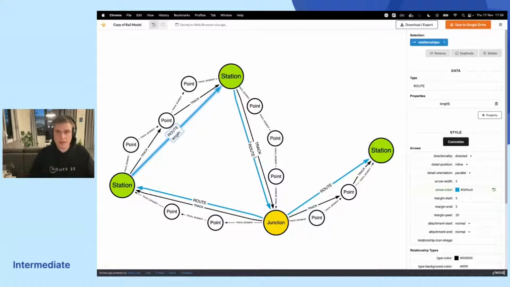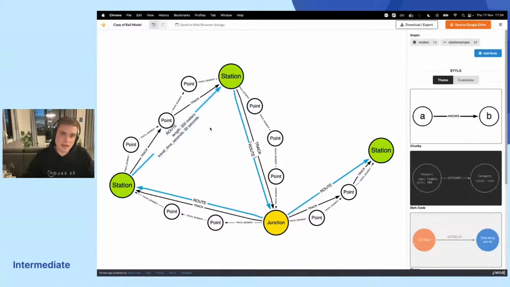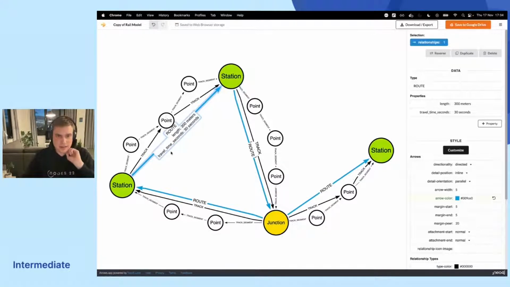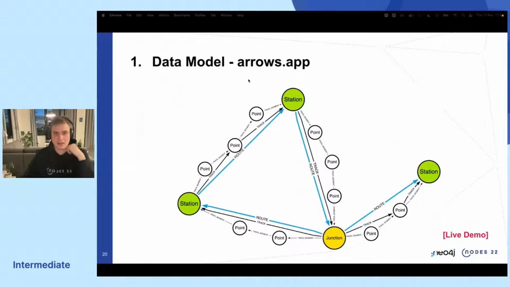We have a length of 300 meters, and because we know the maximum speed, we can calculate the travel time, in seconds, maybe let's say 30 seconds. And this is actually what the graph will look like in the end. These properties are stored on the route relationships and on the tracks. So arrows.app is a nice way to do modeling, draw instances and explain the idea to your audience.